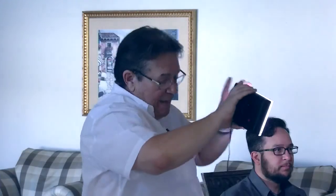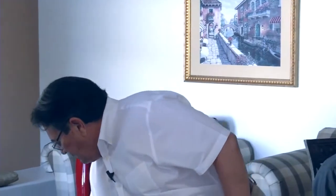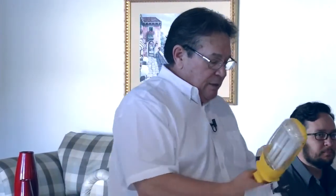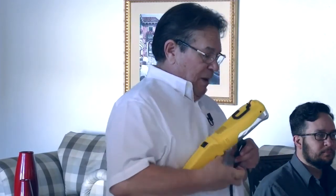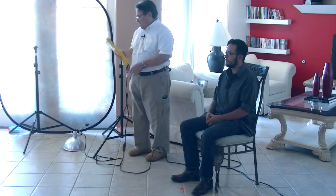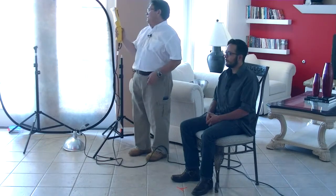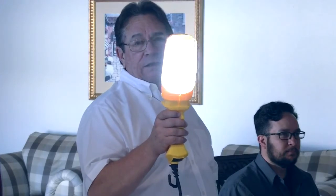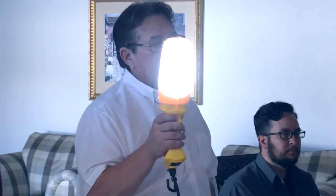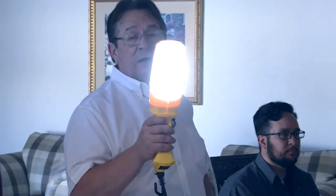Okay? So I'm going to put that down, turn it off, and pick up that fluorescent lamp that I showed you earlier that I paid $28 for, and you'll see a similar effect. I only have two options when it comes to intensity. It actually has two switches on it that power each side of the fluorescent bulb. So I'm going to plug that in, and point it in the general direction of the camera. You'll see side 1 go on and side 2. All right? So that's a nice full soft light, but the only options are these; I don't have a choice of color, and